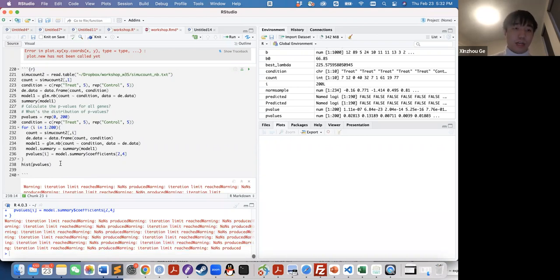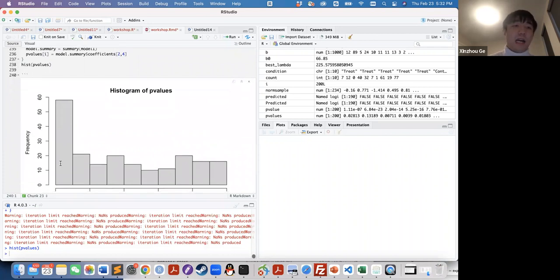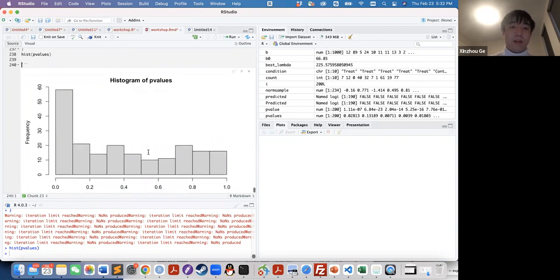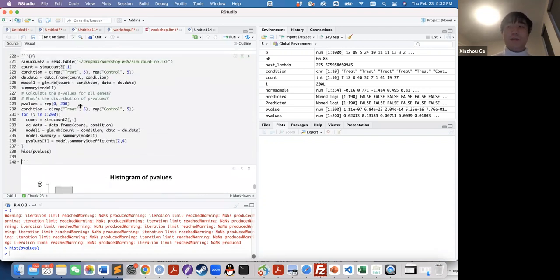And then we can also look at the histogram of the p-values, and we can still see similar patterns. We have some genes which have very small p-values, but for the majority, the p-value seems to have a uniform distribution from 0 to 1. So we just repeat everything we have done for the Poisson regression, but on another data set, using negative binomial regression. So I will give you several minutes to repeat these procedures on your own, and